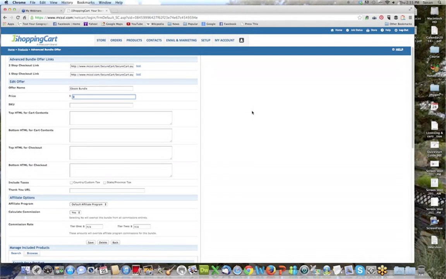This is one bundle. In other words, this is going to take away the ability for the clients to pick and choose. You're going to dictate exactly what it is that they're going to get with an advanced bundle. So I can say the price for my advanced bundle, for all of my ebooks, it's $49.99. If there's a SKU, remember SKUs come if you have a physical product that you're shipping from somewhere. Same thing with your